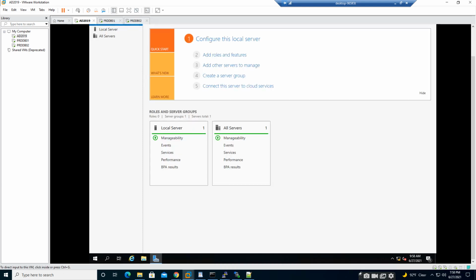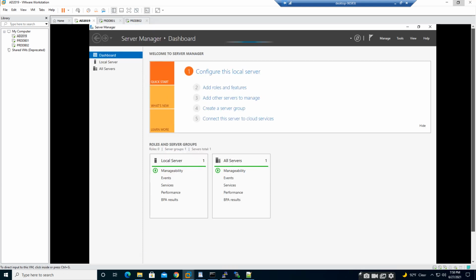From there we can go to Tools, and from there we can access the DNS configuration.